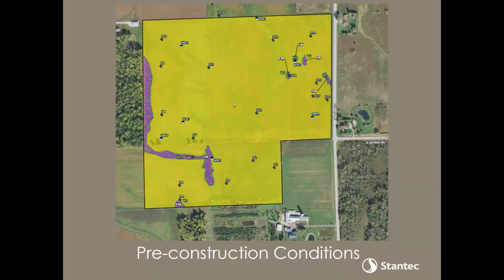This is just one of our initial maps that we created of the site. I told you there was about 3 acres of wetlands on the property. The purple shows where the wetlands were. The wetlands on this site were seasonal wetlands. They were farmed every year, but they were wet enough during the springtime to call them seasonal wetlands. But the entire site was farmed, even these seasonal wetlands. And you'll see on the next map,